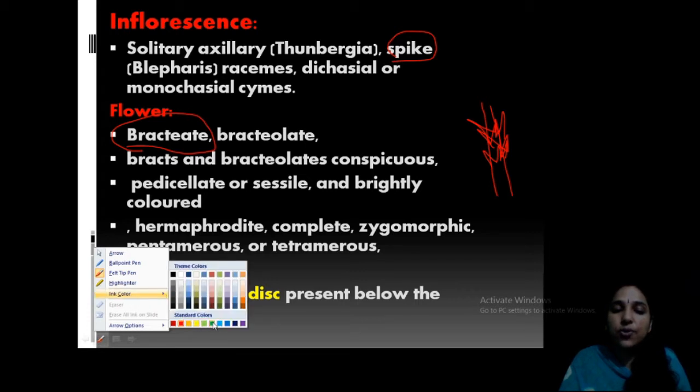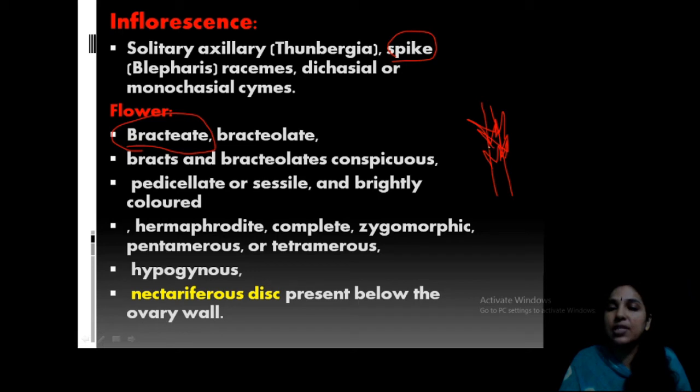I will show you how the flower is coming, bilipped like this. Usually the flowers come from these bracts, a cluster of bracts, usually in a spike inflorescence. That's a typical feature of the family. Very important, don't forget that point. Bracts and bracteoles are very clear and conspicuous.